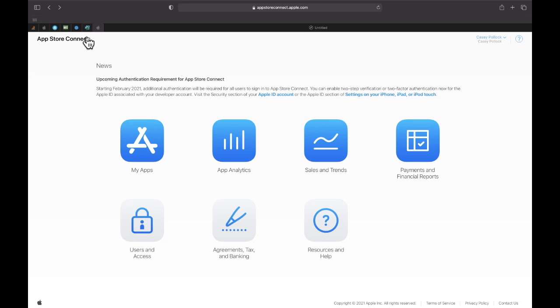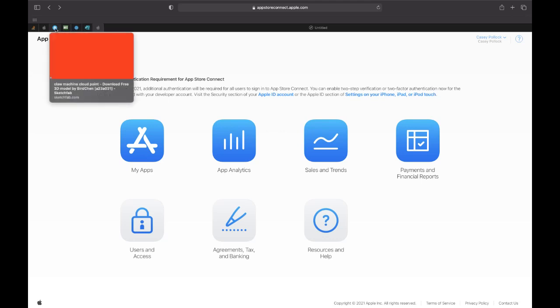This is App Store Connect. I think we'll come back to this, but I wanted to walk you through what it looks like to manage, upload, and talk to Apple or Facebook about the AR experiences that you're working on and releasing and selling to customers. So we'll come back there.